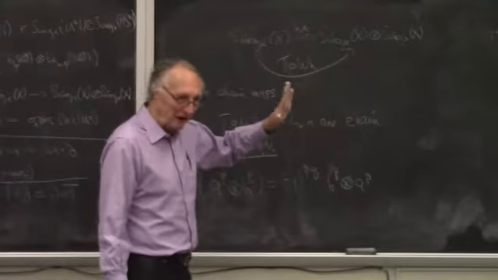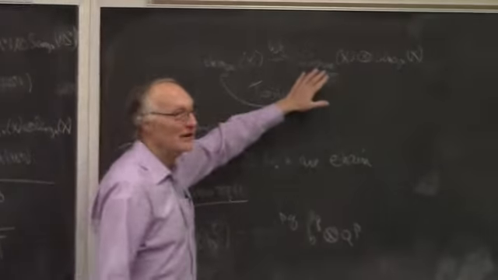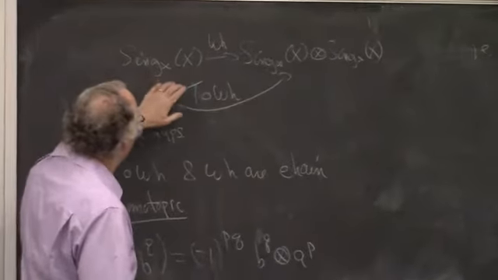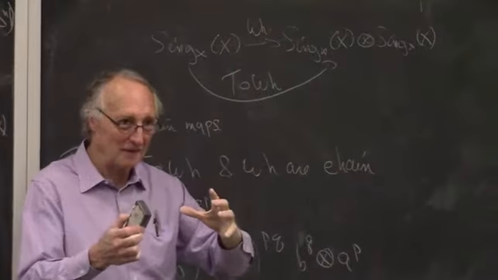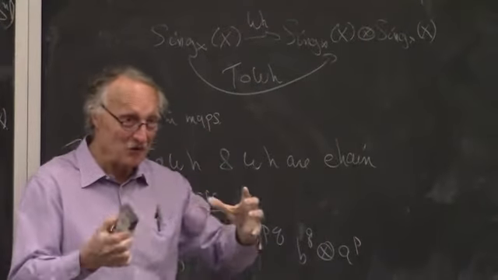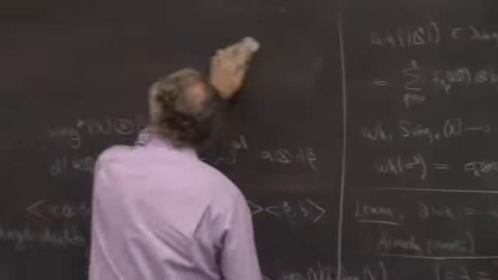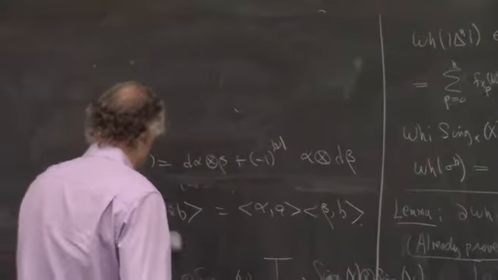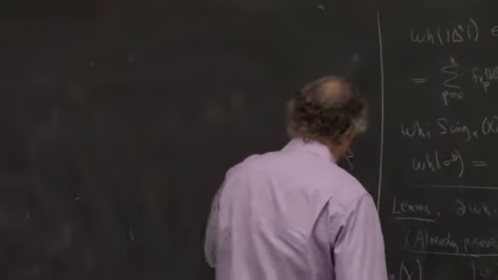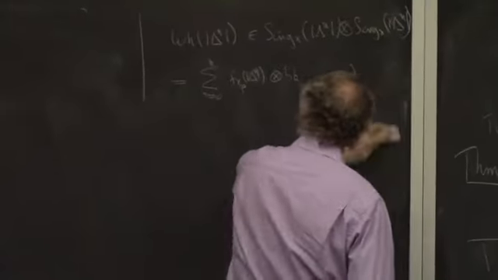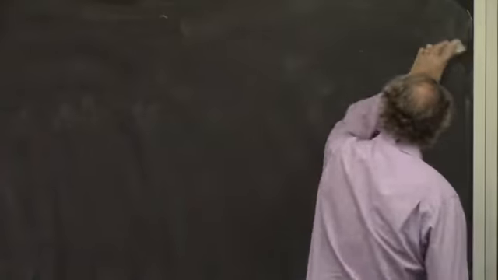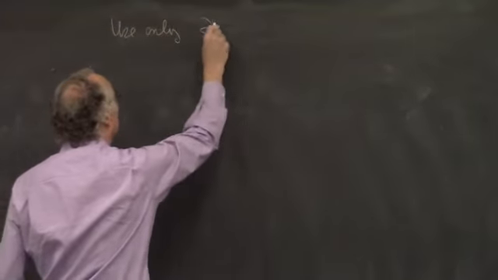Now I'm going to prove this, and all I'm going to use about the Whitney is that it's a chain map. For each simplex, it comes from the simplex, across the simplex, and it is a chain map. So even though we have an explicit formula for Whitney, I'm not going to produce an explicit formula for H, though I will next week. The only thing I need about Whitney is that it is a chain map,